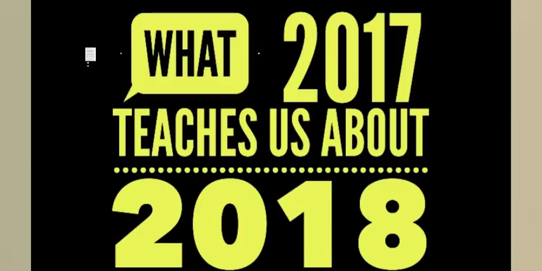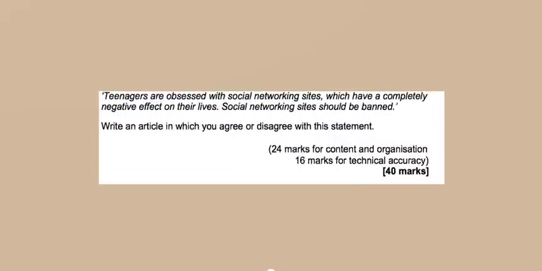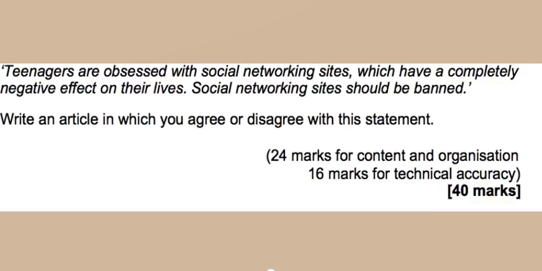So it's the final question in paper 2. And as you know, you are given a polemic statement. You're given a statement that sort of elicits a strong opinion as a response. Now, this is the example not from the 2017 paper, but from my guide to English language, which is available on Amazon in paperback form now. So you're given a statement and you're asked to respond to it. You might be asked to agree or disagree, and it is a 40-mark question.